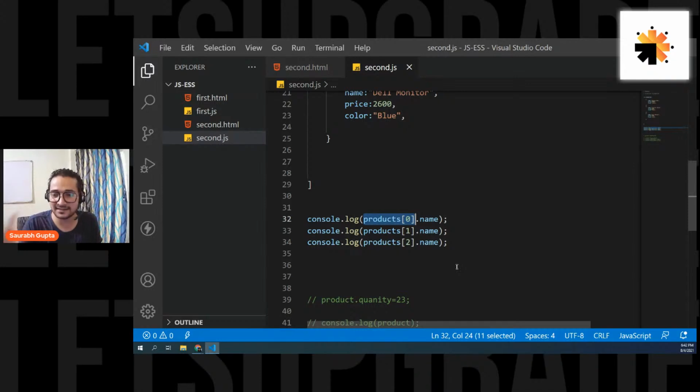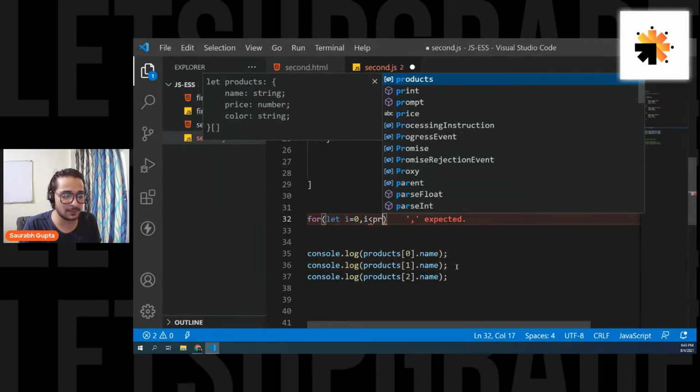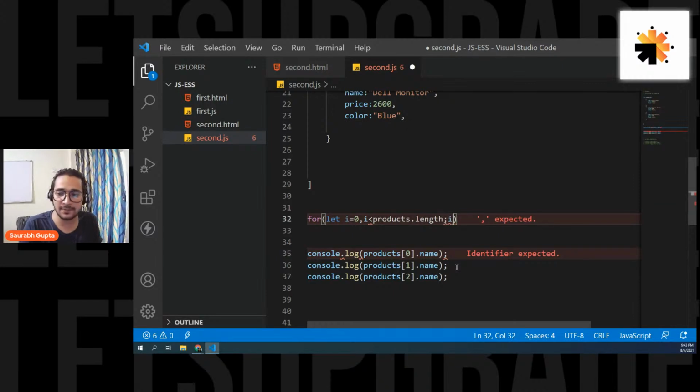And by seeing this, I can understand that now I can go for a loop, right? Because yesterday we understood that if I'm accessing the array elements, I can access them with loops. And here also I can do the same thing. So now what you can do here is simply write: for i equals 0, i is less than, again, products is an array, so less than products.length. We learned it yesterday. And then i++. And I forgot, here I don't have to put a comma, it should be a semicolon.